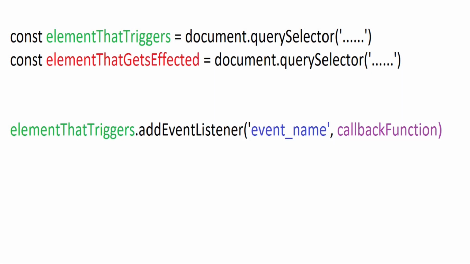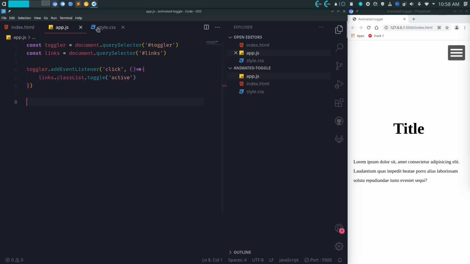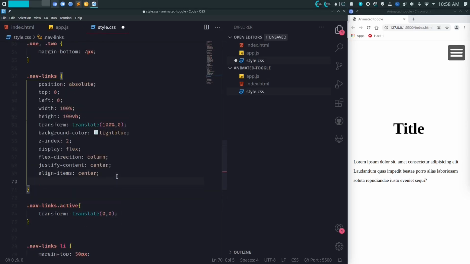Although there are some hacky ways to do this in CSS, this is done in JS in a lot simpler way. So you need to grab both elements, the element that triggers the event and the element that gets affected. Add an event listener to the element that triggers the event and do actions to change the victim inside the callback function. My actual goal is to make you realize this technique, which you can use in more than just this app. Alright, now let's take this one step further.